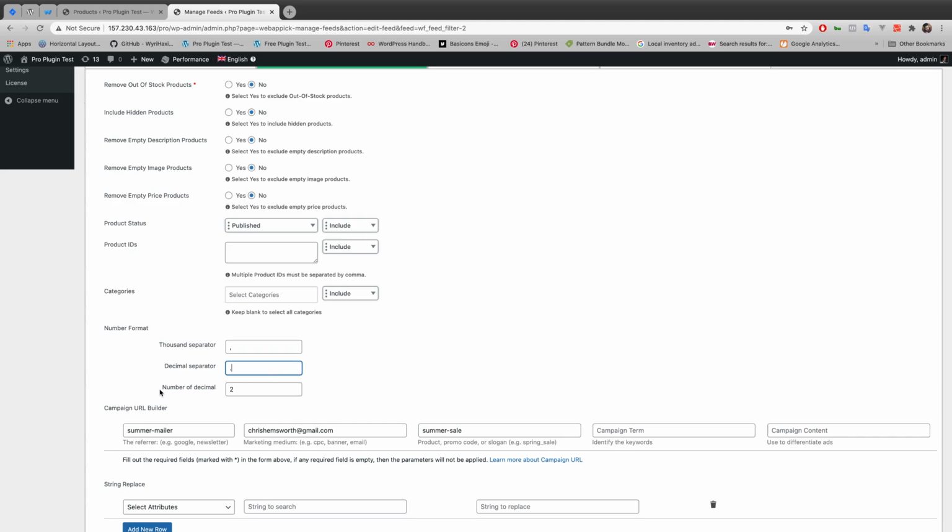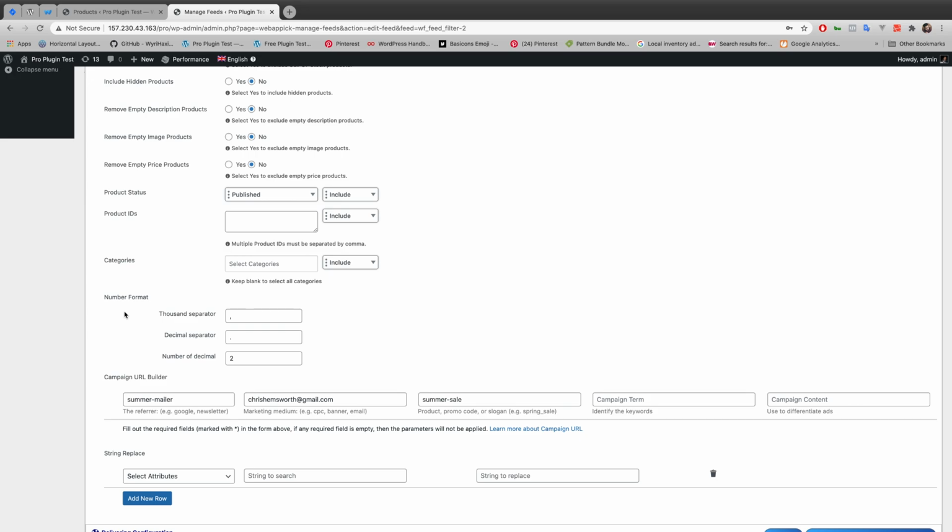And this box, number of decimal, it says 2. That means it will take only 2 digit after the fractional number, and by default number of decimal remains 2. You can change this number from 2 to anywhere as your likings. If you want 3 digit after your decimal separator, you can take 3 digit or whatever you want.